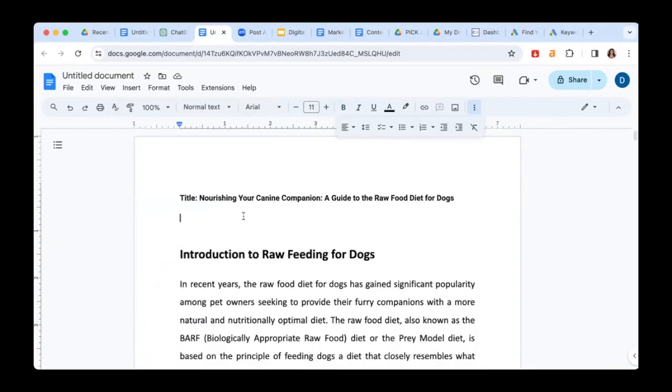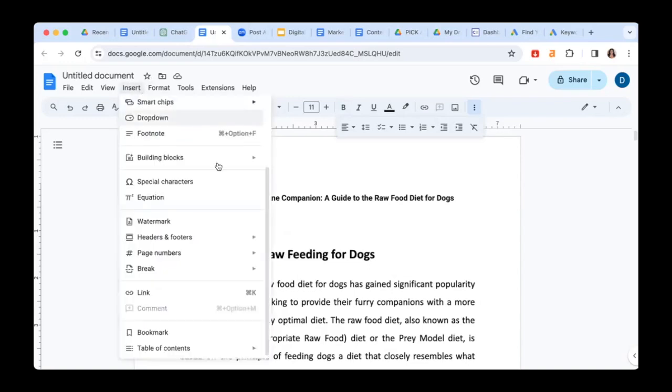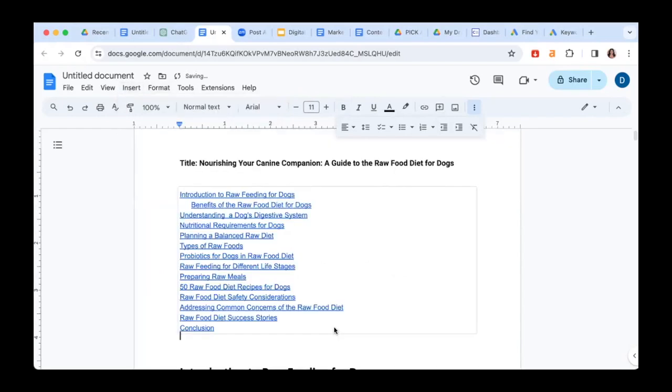embedded. So what we're going to do now is insert a table of contents. This is really important when writing any ebooks. Okay, so if you go to insert, you can see at the bottom there we have table of contents. So I'm going to go with the one that says links. Okay, so just click on links. And there we go. We have a table of contents